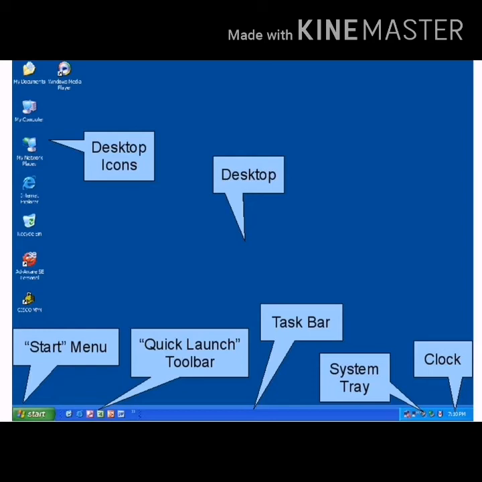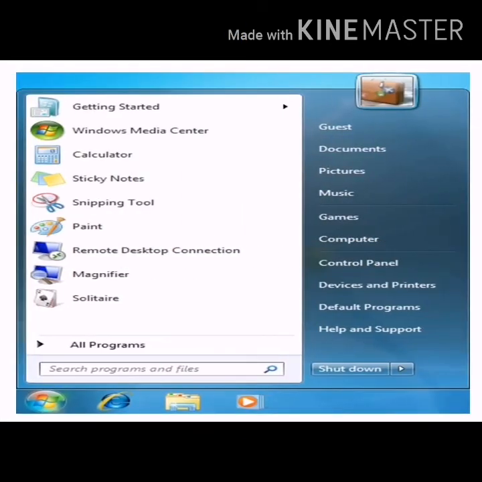Taskbar. This is a long horizontal bar which appears at the bottom of the desktop screen. The quick launch icon can be used to start a program without opening the start menu. The taskbar also displays the icons of programs that are currently open, which can be clicked to quickly open the windows of the program. The notification area, present on the right side of the taskbar, displays the current date, time, the volume button and information about some computer settings.